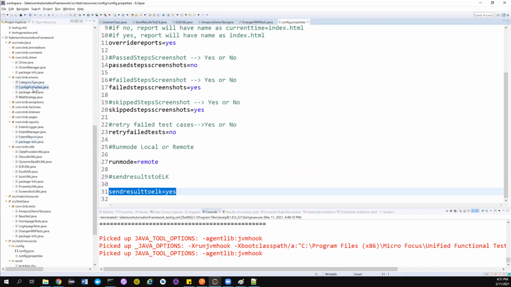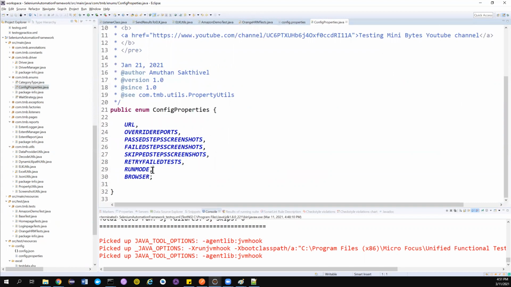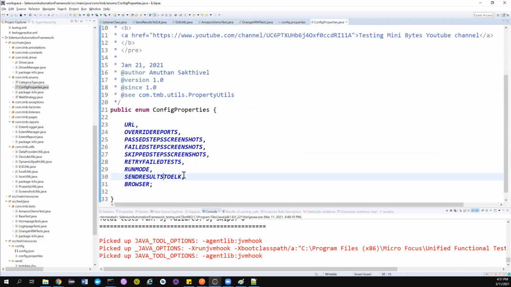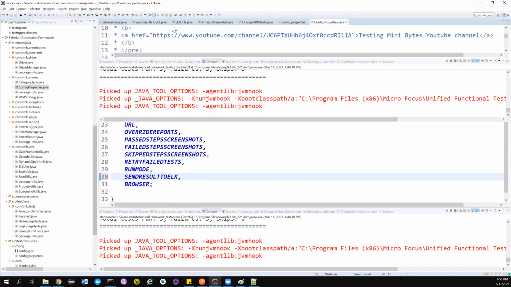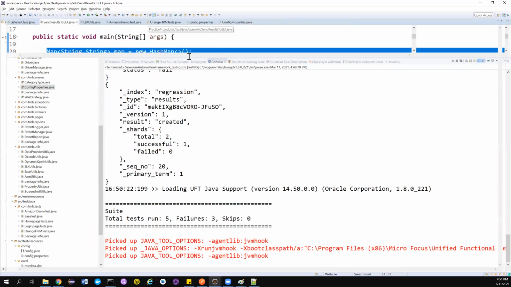In our case, we have an enum for this. Go to this particular thing and you can use send results to ELK. Let me check the spelling once again. Results, yeah, this is right. Good. Once you do this, go to the particular class file.